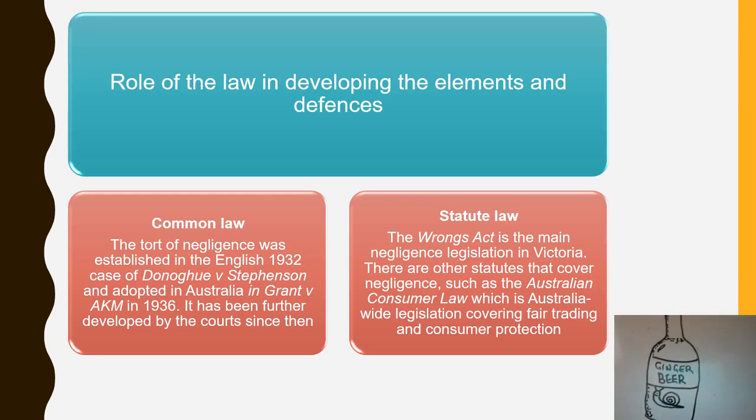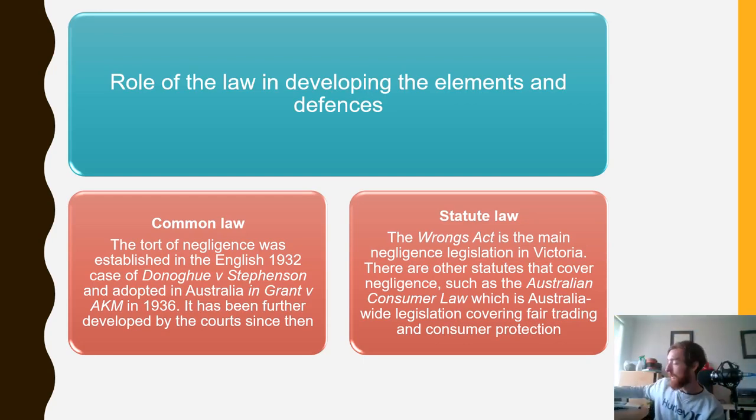It was known as the snail in the bottle case, where someone bought a bottle of ginger beer and then they gave it to a friend. When the friend took it home and started drinking it, they drank some out of the bottle. The bottle was opaque, so you couldn't see through it. They drank some and it was fine, and then they decided they were going to pour the rest of that into a glass. When they poured it into a glass, a decomposed snail came out of the bottle. And basically at that point in time, the person became very sick when they saw that they were drinking a decomposed snail, as you would.